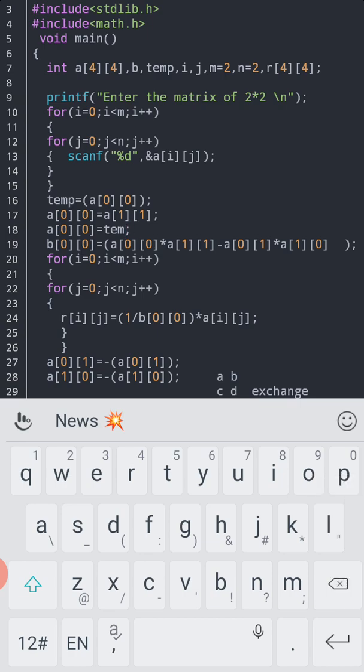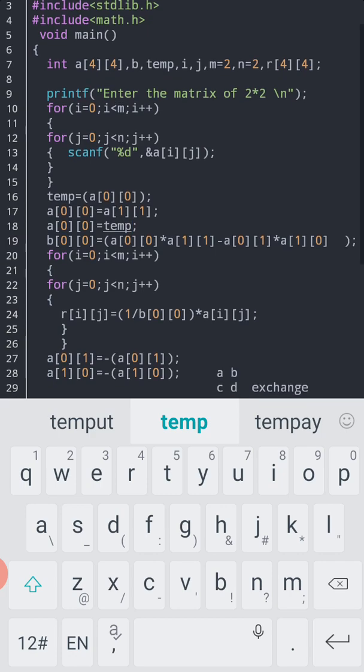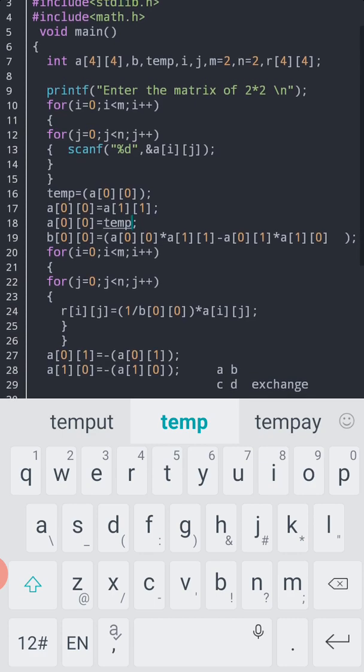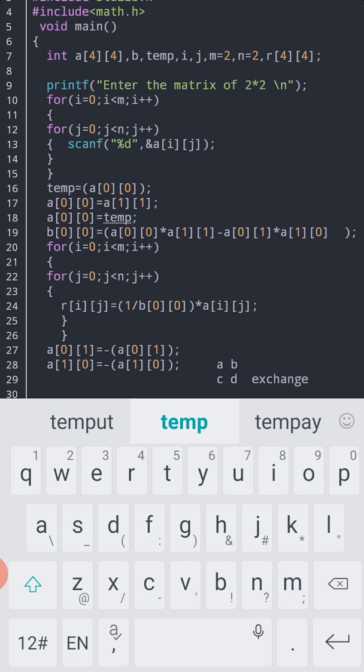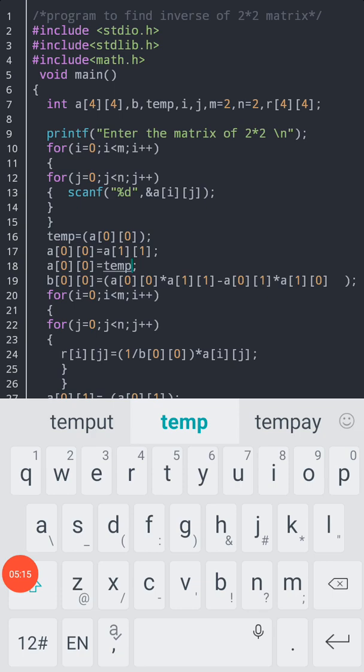Here I am considering changing the A of 0 0, that means the variable information, to the temporary variable. And next I am taking the value in A of 1 1 to A of 0 0. Here square brackets are given to indicate the row and column size.